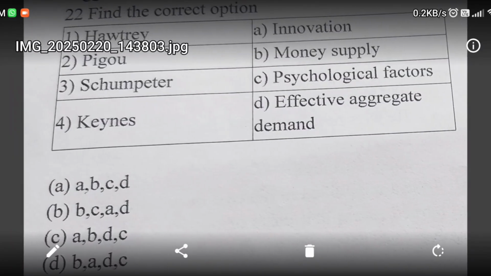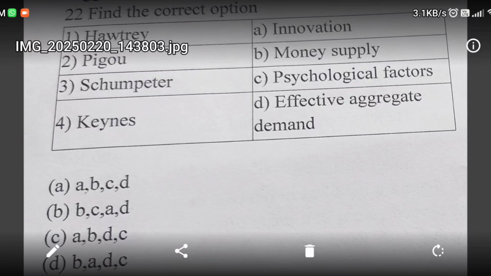Match the following here. These economists formulated business cycle theories. Hawtrey says that the trade cycle is a purely monetary phenomenon. A.C. Pigou says that modern business activities are based on the anticipations of the business community and are affected by the waves of optimism or pessimism.